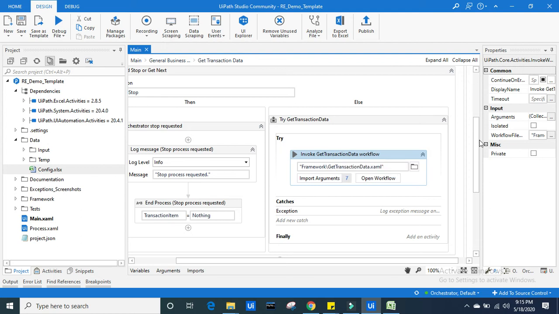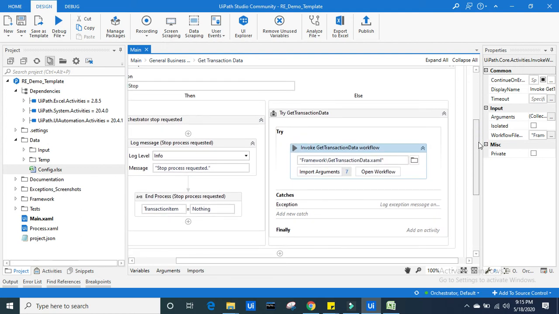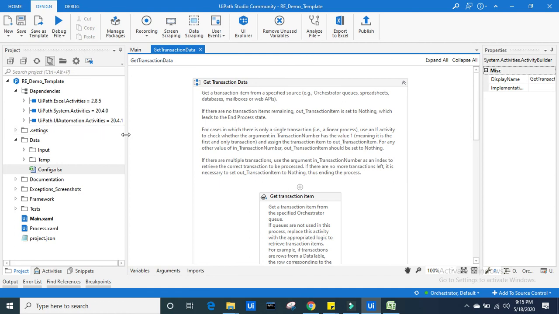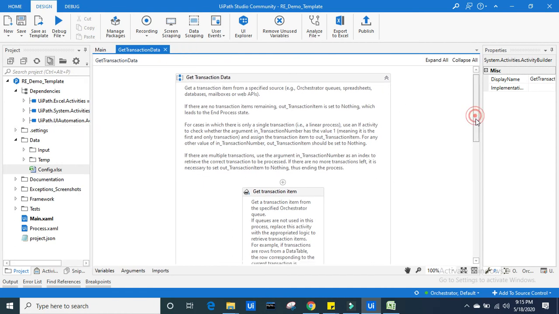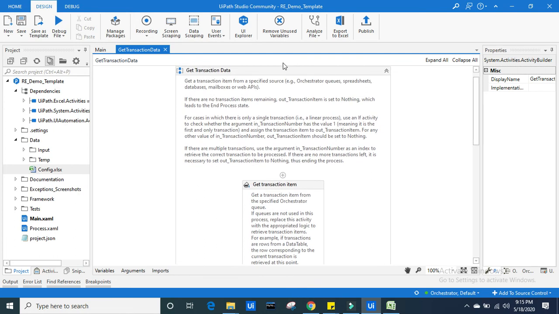So I will just open the workflow and see what exactly this get transaction data sequence does. This gets an item from a specified source like Orchestrator queues, spreadsheet, that is Excel sheet, database, mailboxes, web APIs, etc.